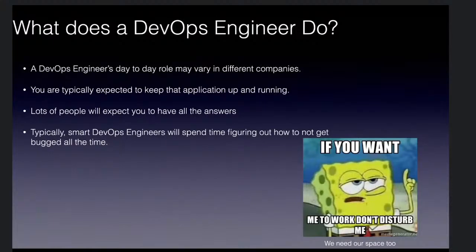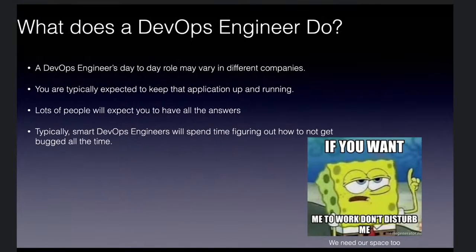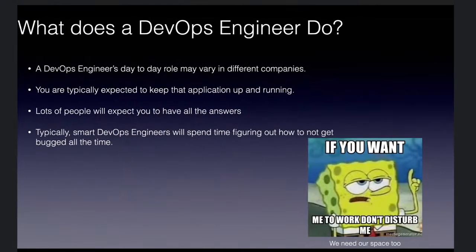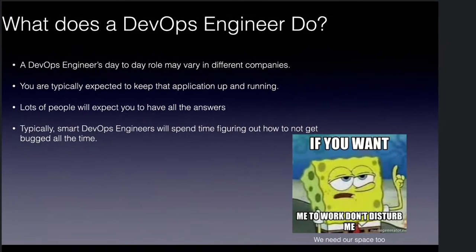So as a DevOps engineer, you have to expect all of those things. And another thing is that people will really expect you to know stuff, even stuff that you don't think you should know. It may be an unrealistic expectation, but that is what DevOps engineers face in their everyday work. Someone will just ask you something and you'll be like, "Oh, am I supposed to know that?" Well, yeah. People just expect you to know things.